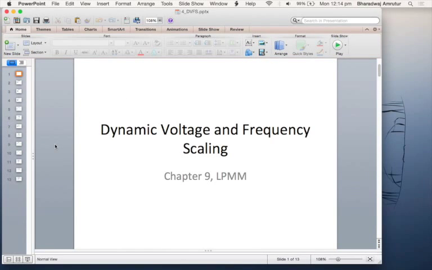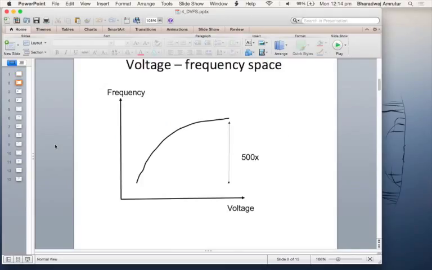Okay, so today we'll look at dynamic voltage and frequency scaling, chapter 9, in the low power methodology manual. I hope you have gone through that chapter. The idea here is that we look at